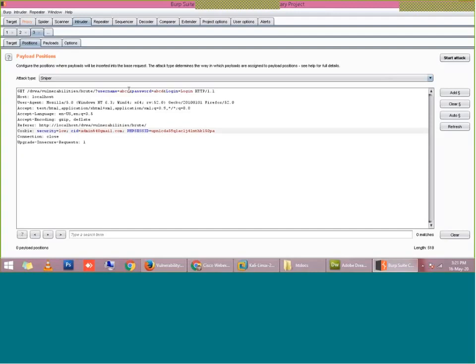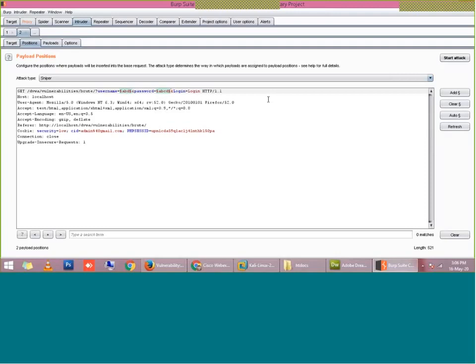Now I have to specifically mention the fields on which the brute force attack is to be performed. So I will select this username field and click on add. I will select password and perform add. Why am I clicking add? Because by clicking add, it will append a dollar sign at the beginning and at the end. By doing this, I am telling Burp Suite that you have to perform brute force on these fields only. Only these fields you have to attack. So after adding this,